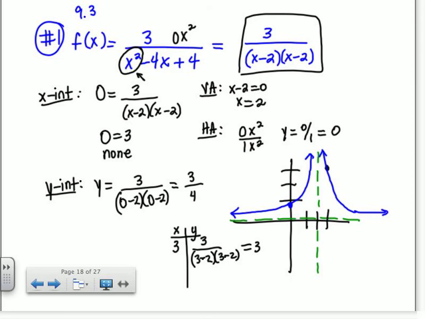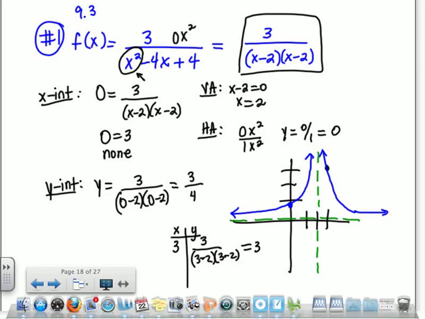Okay, moving on. So let me save this as. Can you have 2 vertical